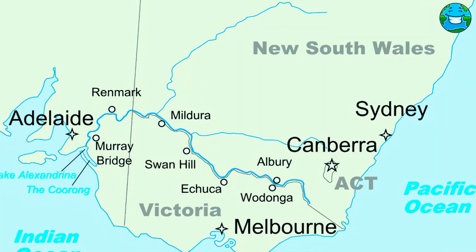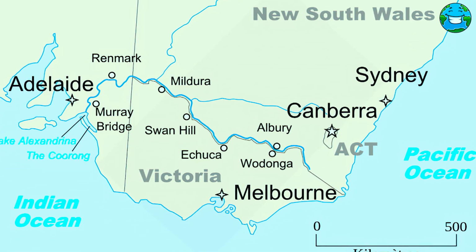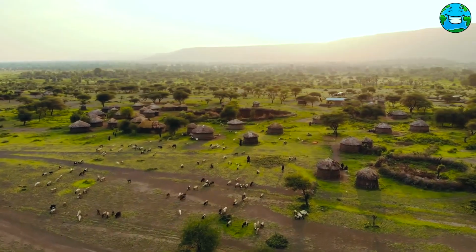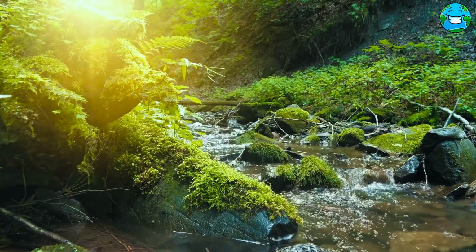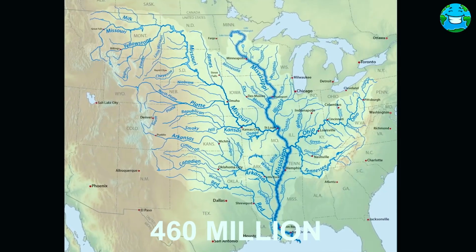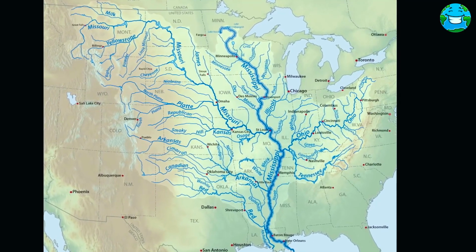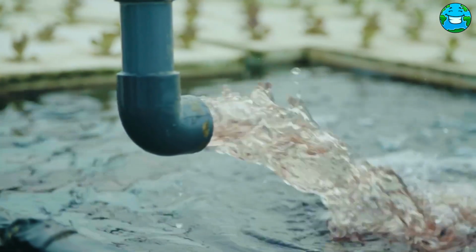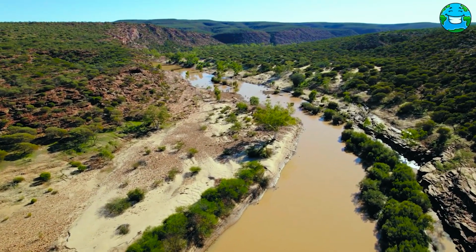Indigenous Australians lived on the east and south coasts and along the Murray River because they had easy access to fresh water and extensive farmland. Early settlers settled in this area of Australia because of access to water and the gold rush, which attracted thousands of immigrants. The Mississippi River carries 10% of the nation's goods, some 460 million tons of goods such as coal, steel, aluminum, and agricultural products. Water is vital for human consumption, agriculture, and industry, since most final products require large quantities of water to be finished. In addition, most of the country's largest cities are located on the coasts or the banks of large rivers.